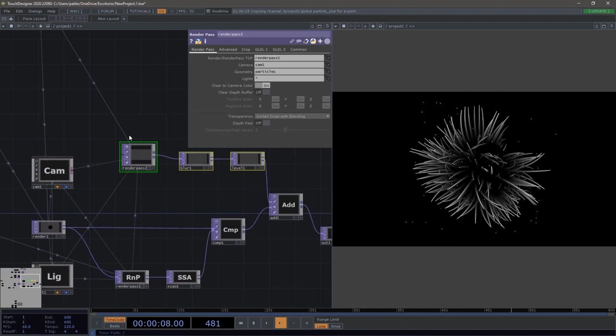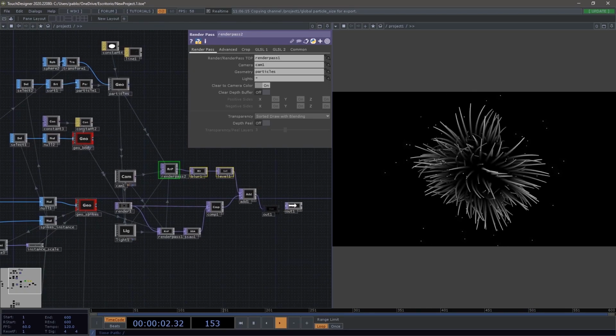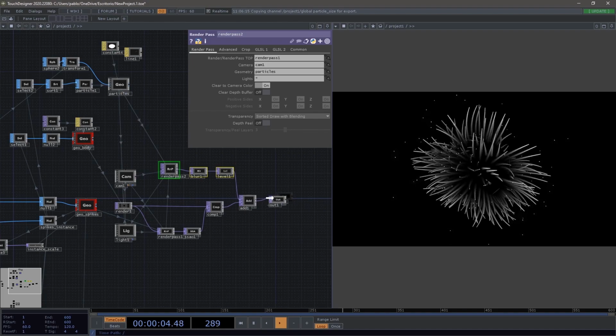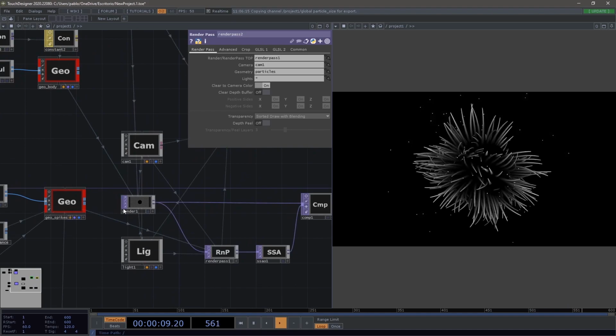Another thing I had in my preview was some God rays. I learned this technique, this very easy technique,